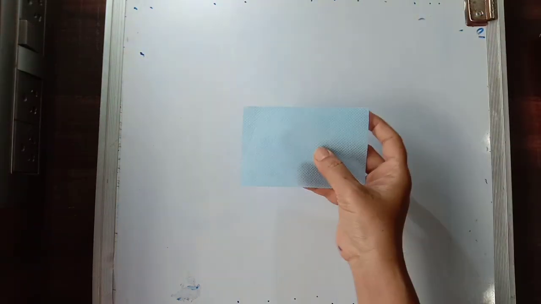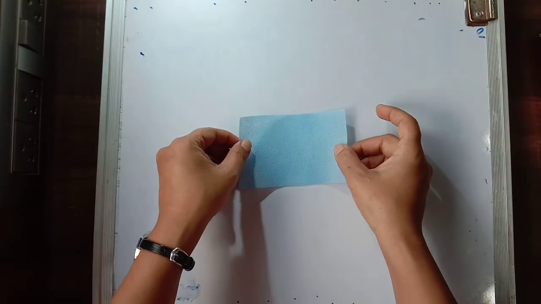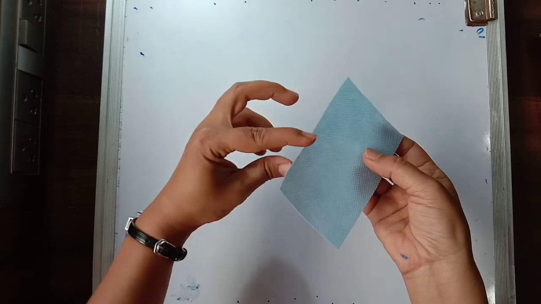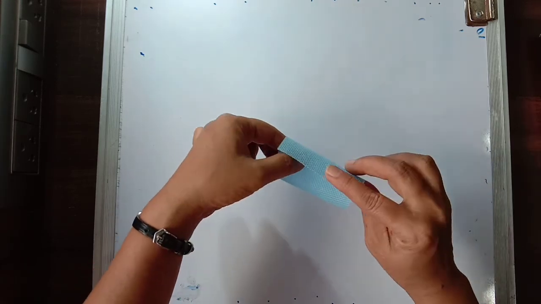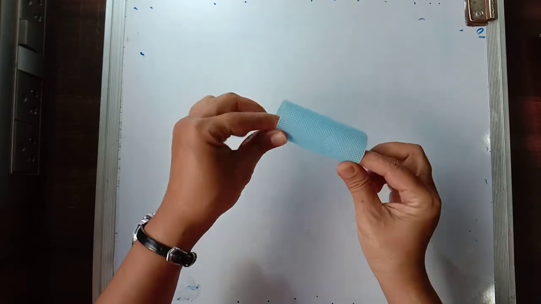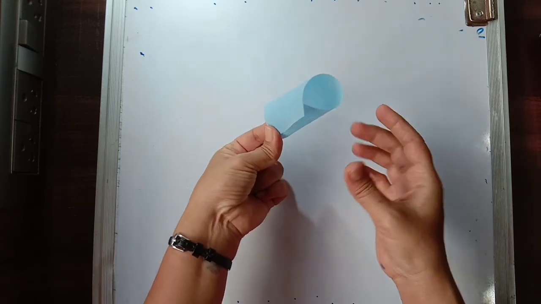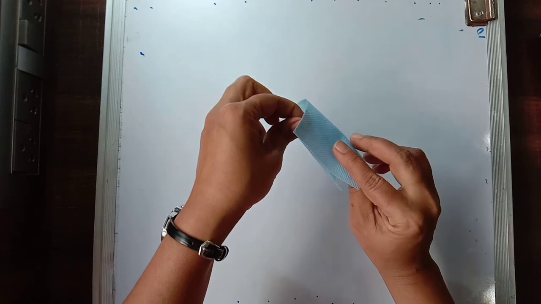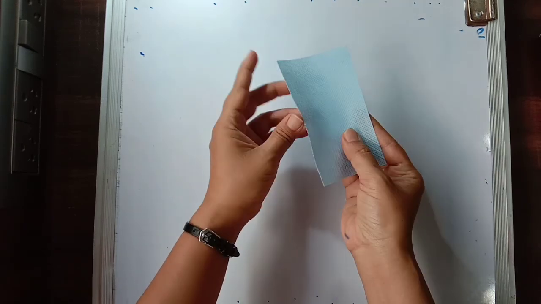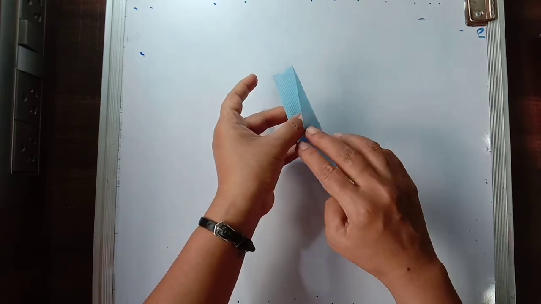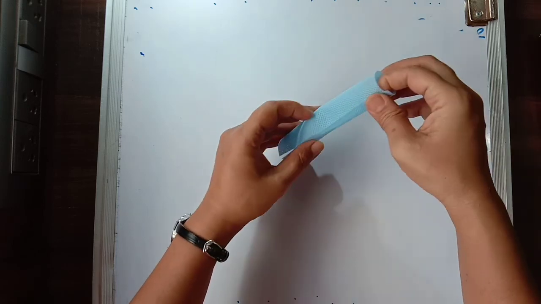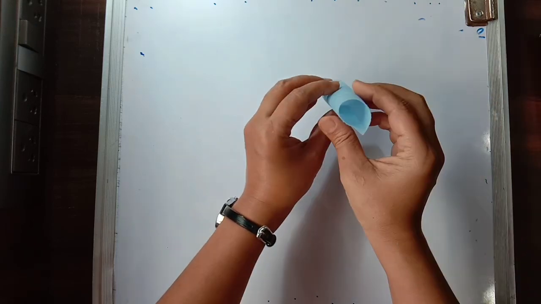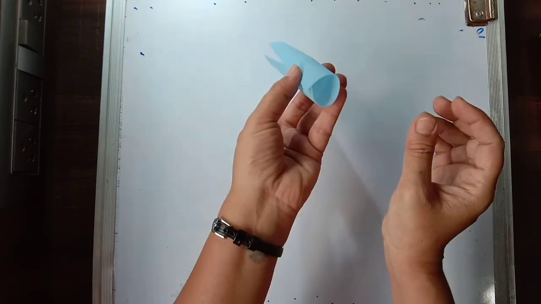If I take this as a rectangular sheet, then I can make a cylinder in this way, as I showed you earlier. This is a cylinder, or I have one more option. Can you guess? Instead of folding like this, I can fold it like this also and form a cylinder. Still I get one more cylinder, you see carefully. Haven't I got one more cylinder over here?